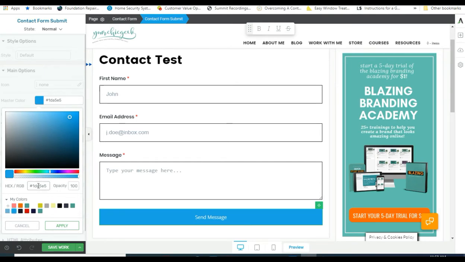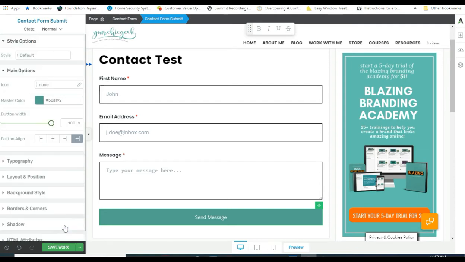I'm going to go here to where it says hex and RGB. And this is where it's important to know your color codes, guys. It's really important because you can easily put your color code into this box to change the colors of anything that you're dealing with when it comes to Thrive Architect and anything else when it comes to design stuff. So I'm just going to go ahead and click apply,